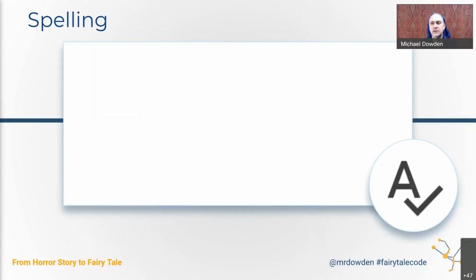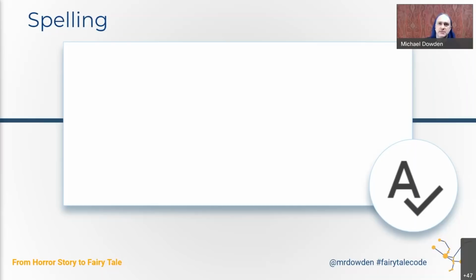Related to that, spelling. Most editors support spell checks at this point in time. I use VS Code. I do use a spell check in there. Spell check is a great resource to help make sure that we have made our code easy to search. Another reason that spelling matters, as well as full words, is that if we are working with somebody that uses a screen reader or other assistive technology to understand the code, it will actually make sense instead of just being an amalgamation of letters that have to get spelled out.